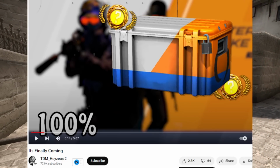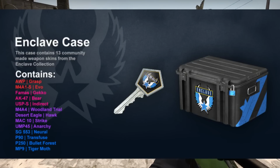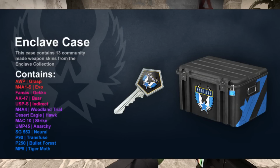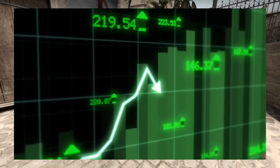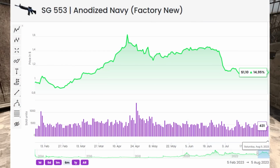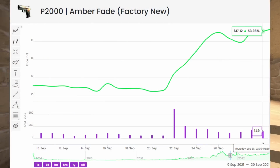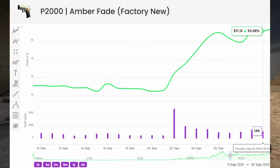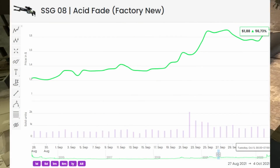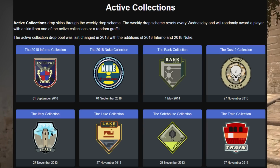Now, if you are a strong believer that Valve is going to release CS2 with some major update to go along with that, whether that's an operation or a brand new case, now would be the most advantageous time to go ahead and hop into some of those investments, or at least start looking. That's because if we want to talk about filler skins, they are sitting at a pretty decent low, and they usually pop off really quickly when we see an update where they actually have some practical application. Combine that with the fact that they could actually be removed depending on if you think Valve is going to come out with a brand new drop pool, which if we want to look at the current drop